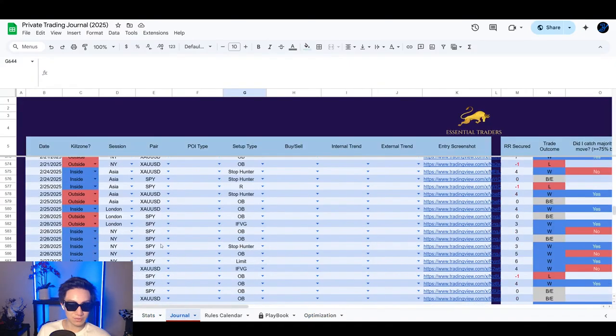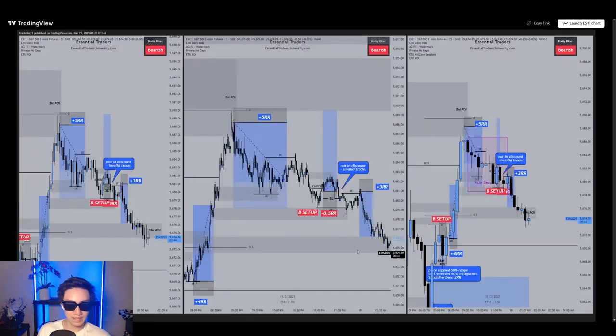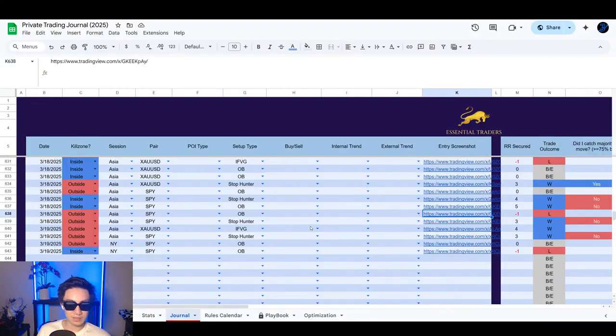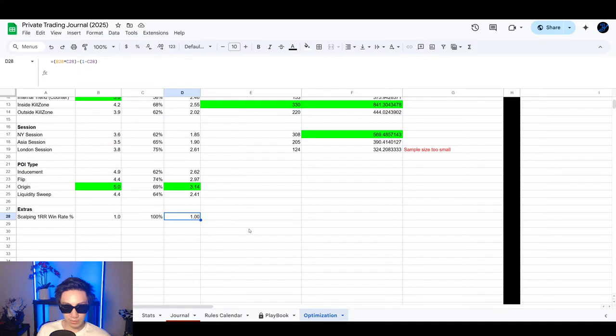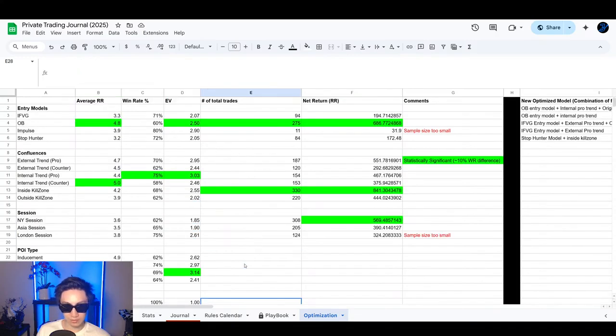You've got to go back through 640 screenshots of trades like this, for example, and go through each one to determine essentially if each one got to 1-to-1. So yeah, it'll be a lot of work. That's probably something I'll do later at some point, but not right now, because that'll be a boring stream. You guys wouldn't be learning anything. I'll just be going over all my trades. So